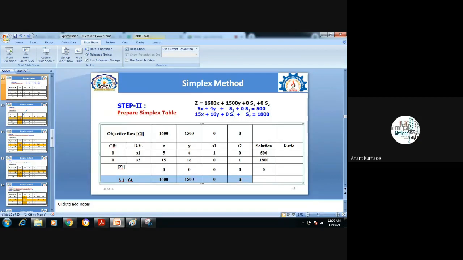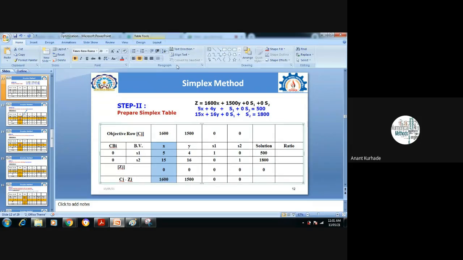What is the objective function? It is maximization. Remember, it is maximization. So we have to find the maximum value from these 4 numbers. Which one is maximum? 1600 or 1500? 1600 is maximum. So you can assign this column as a